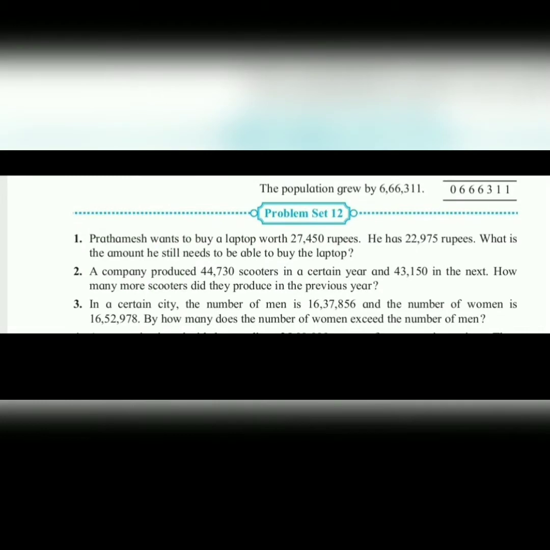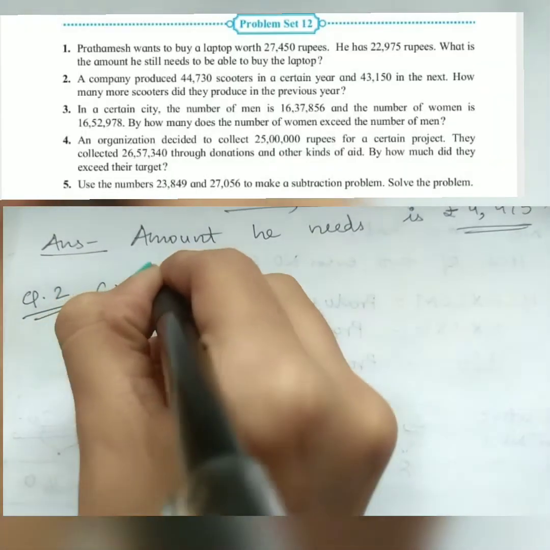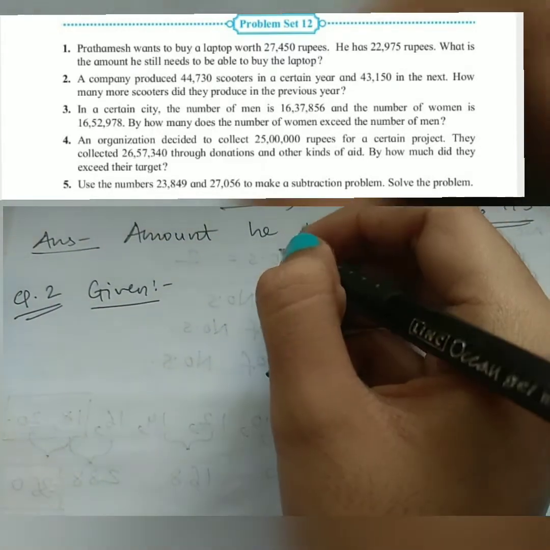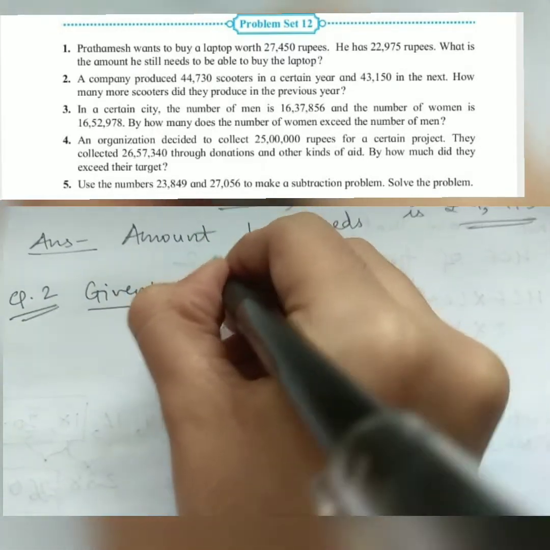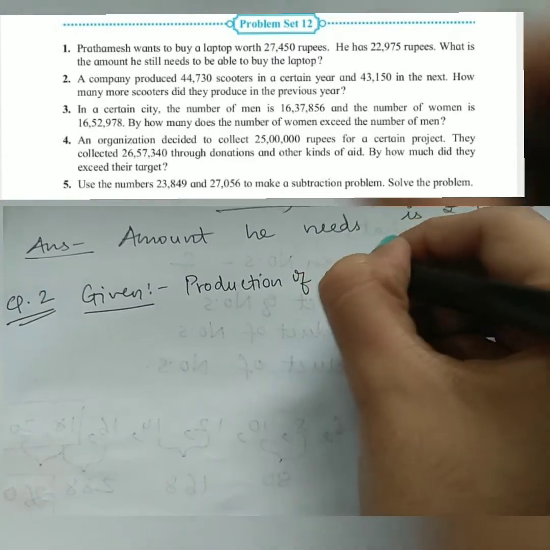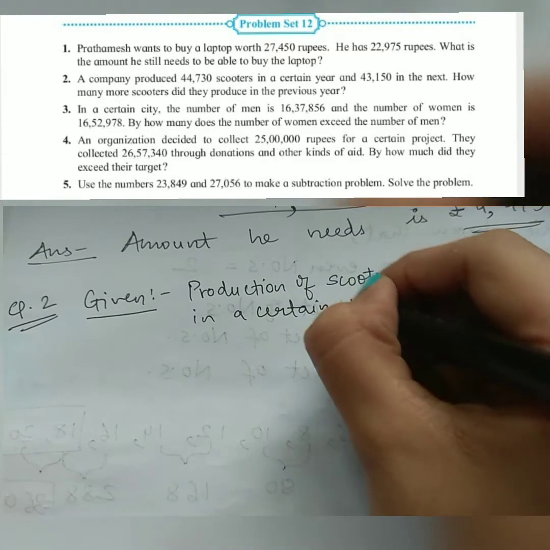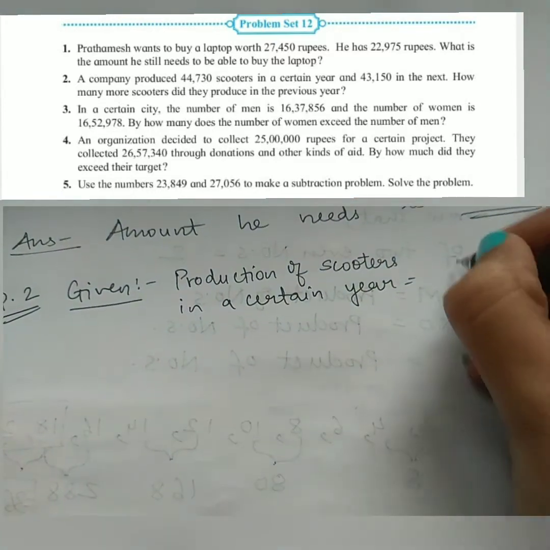Second question. A company produced 44,730 scooters in a certain year and 43,150 in the next. How many more scooters did they produce in the previous year? Okay, so in given we will write production of scooters in a certain year, that is